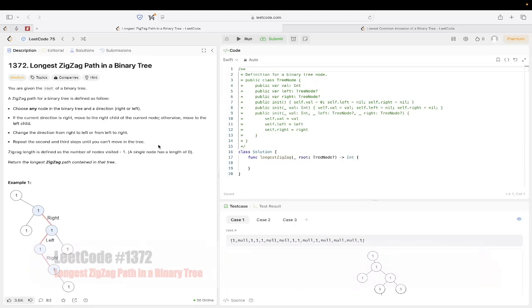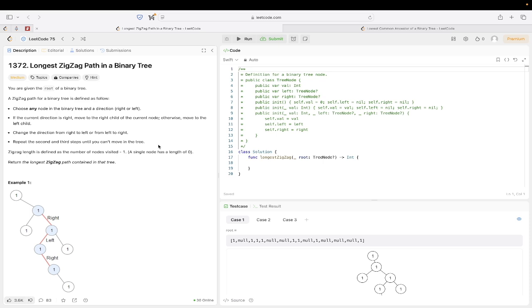LeetCode problem 1372, longest zigzag path in a binary tree. You are given the root of a binary tree. A zigzag path for a binary tree is defined as follows. Choose any node in a binary tree and a direction, right or left. If the current direction is right, move to the right child of the current node, otherwise move to the left